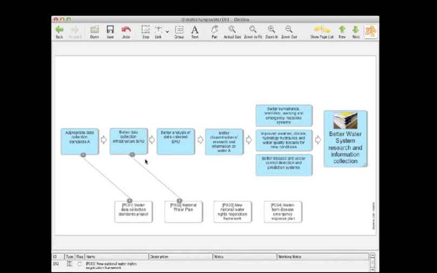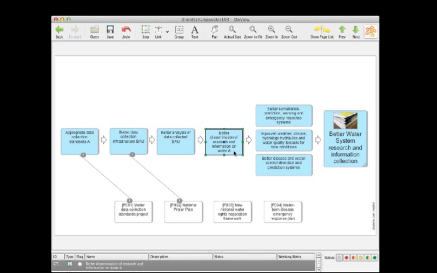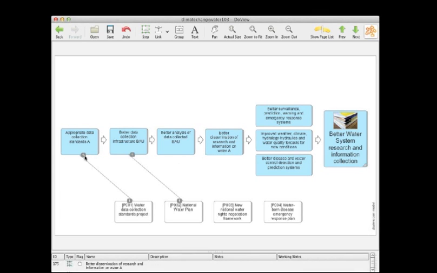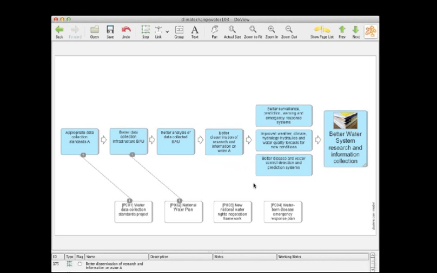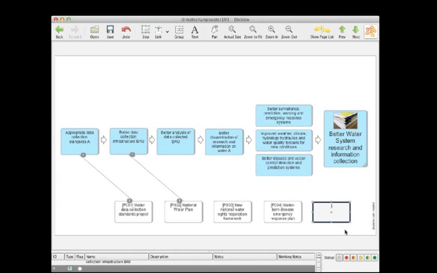The problem here we have is what we call lack of line of sight, because better dissemination of research and information on water, this box here, doesn't have a project mapping on it at the moment. See, this box does. There's one project mapping onto that, one project mapping onto that, but there's no project mapping up here onto better dissemination of research information on water. So therefore, we would probably need to develop another project here to map up onto that, which could be a